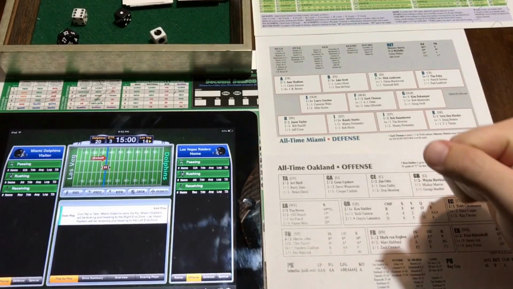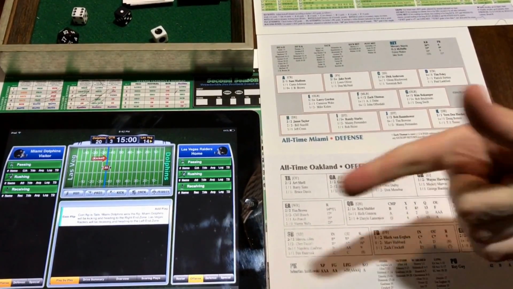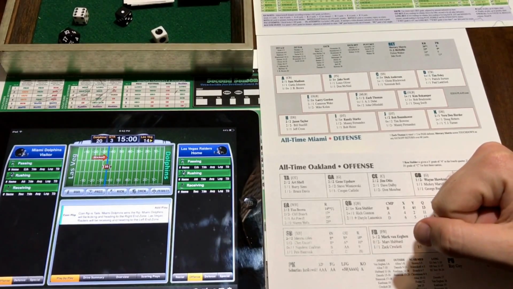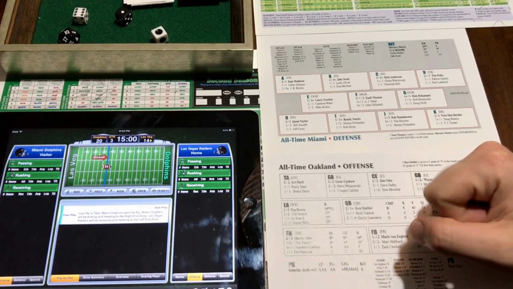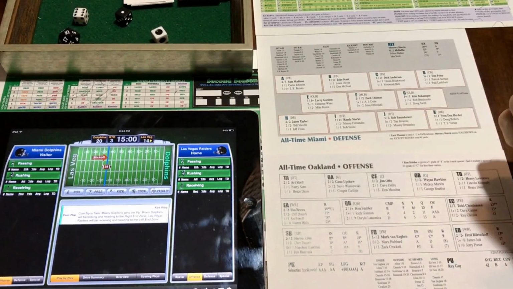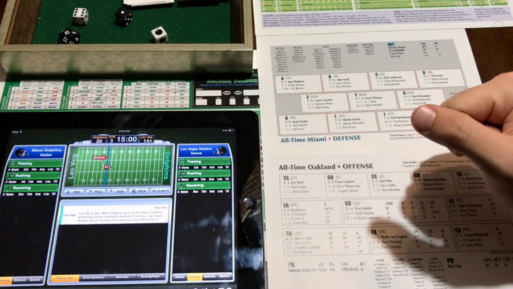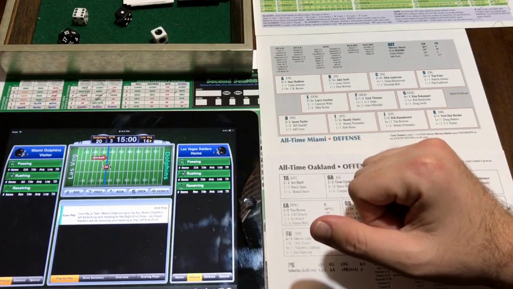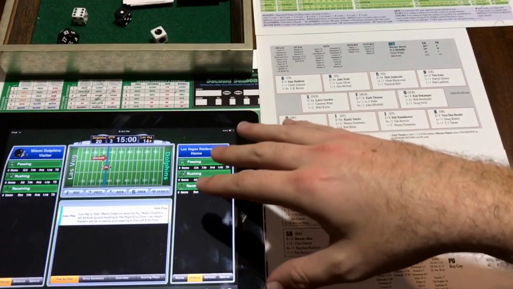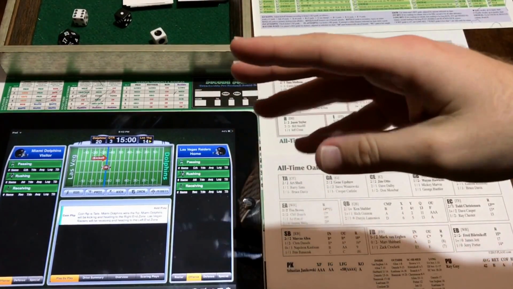Hello, sports fans. Welcome back to the third quarter of the game between the Las Vegas Raiders and the Miami Dolphins. Currently, it is 20-14 Miami Dolphins. Let's get this started. And you guys can probably see here we have our football field in a different way. So we have a little new, different kind of method of how we're going to do this, with kind of a new iScore